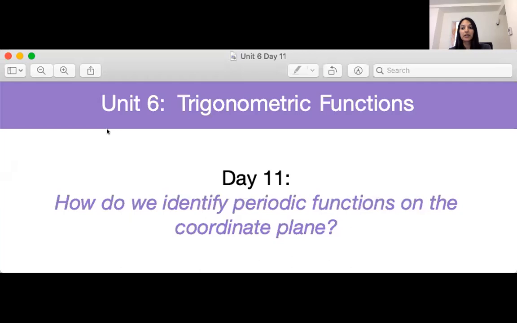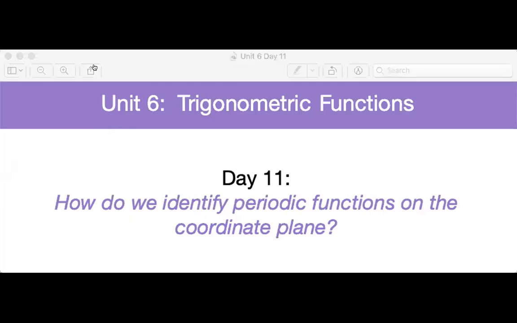And so today I'm going to be talking about the Explore activity from Unit 6, Day 11. And Day 11 is how do we identify periodic functions on the coordinate plane. So what this activity has students doing is essentially a card sort. And the purpose of this activity is really for students to compare different function types with a focus on periodic